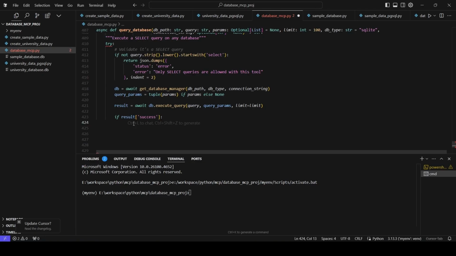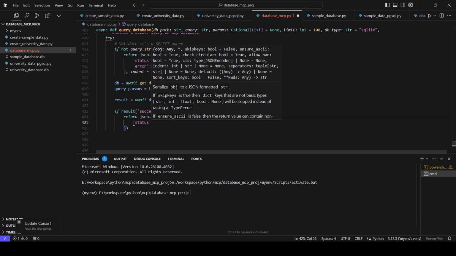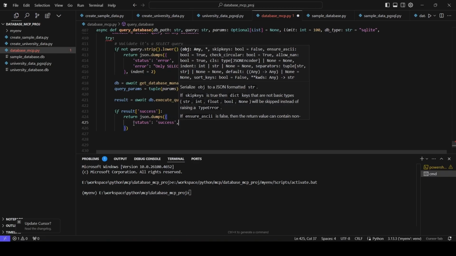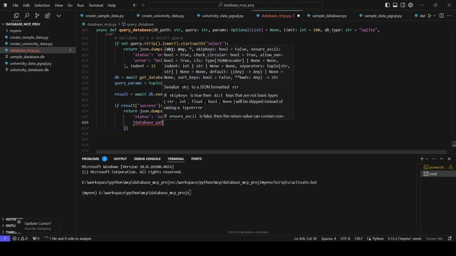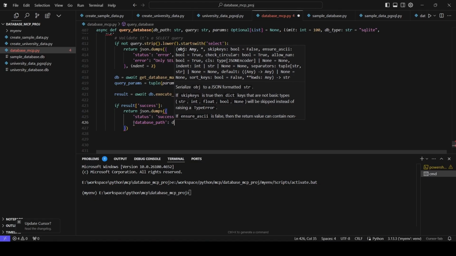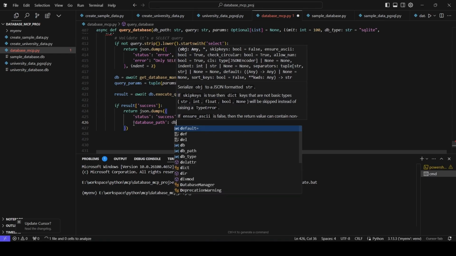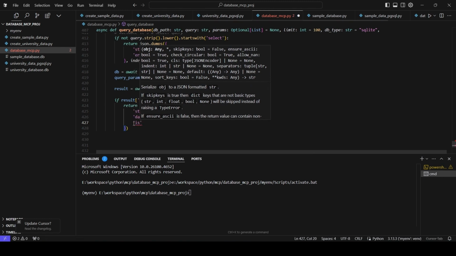And if it is true, then we will return json dumps status as success, database path as the database path is sample database,